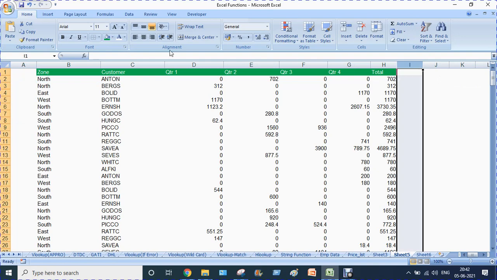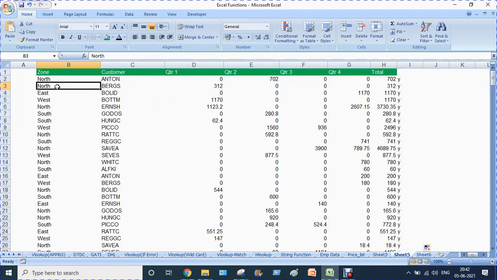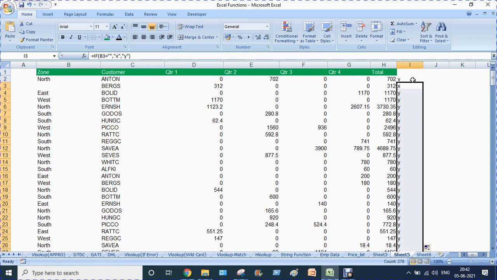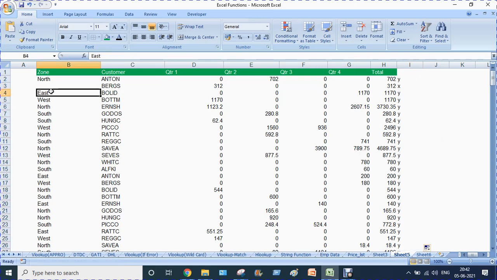So here you have some formulas. Now I'll just drag the formula. Now see, if I delete any of the values from column B, this will become y. There is some problem, so we need to see what the problem is. Okay, we did not give a blank, we have given a space. Now you see the formula is correct. Now if you remove any of the cell contents, it will become x. Now if you give the cell contents here, it will become y.